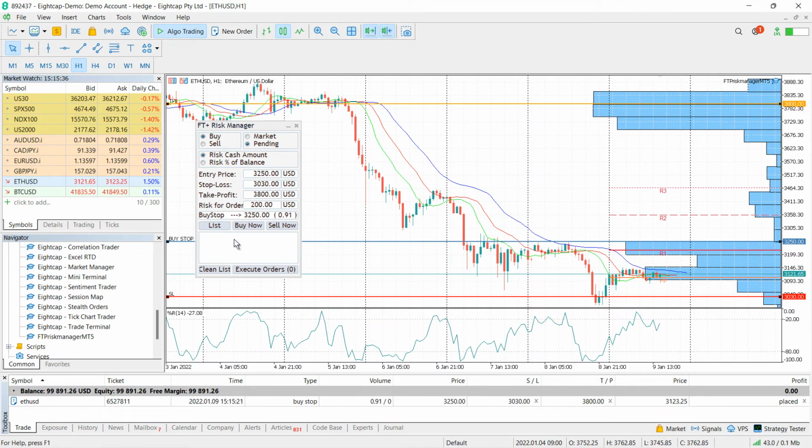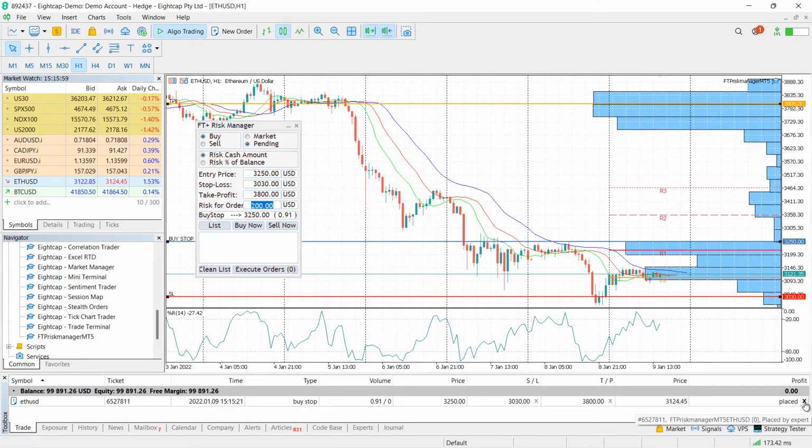You can put more than one order in at a time. You could decide that you're going to put in half this amount and put in 2 trades, list each of those trades, and then execute them all at the same time, so that they then sit in ready for placement if the market moves up to there. I'm going to cancel this